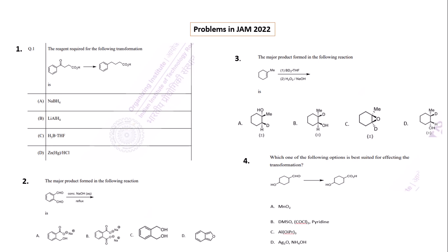Here the carbonyl group is reduced to the corresponding alkane in the presence of the carboxyl group. This is the chemoselective reduction of the carbonyl group in presence of the carboxyl group. Here different types of reducing agents are given in the options, but which one is the correct option? From that problem, it has been shown that